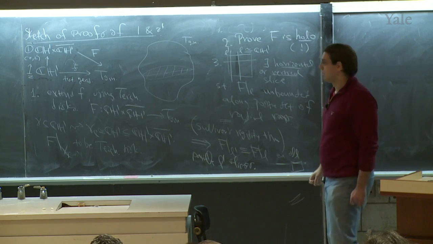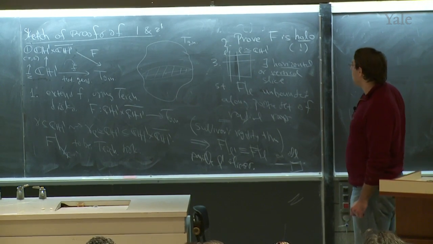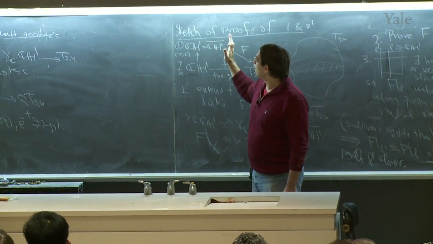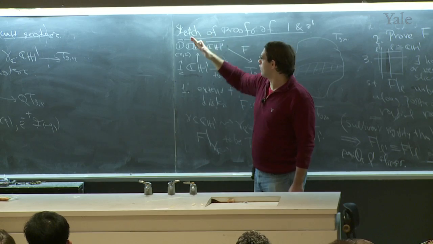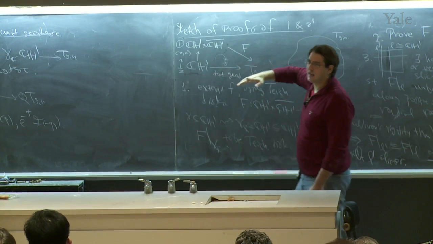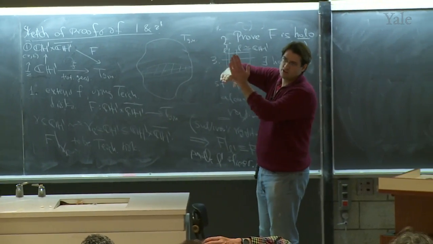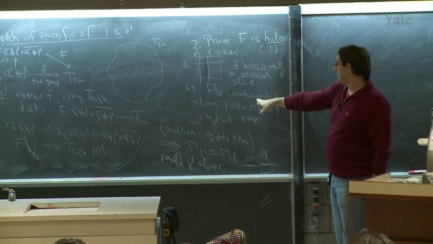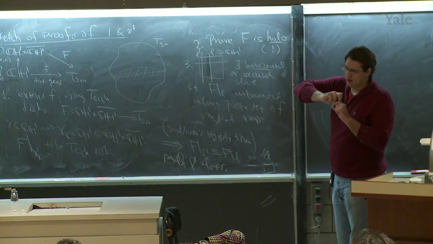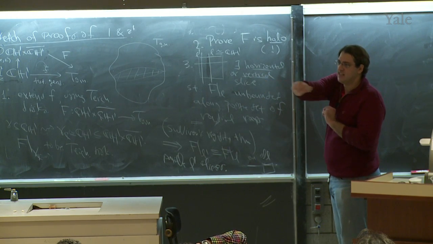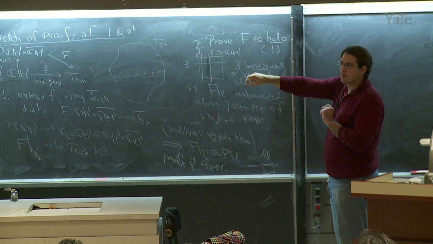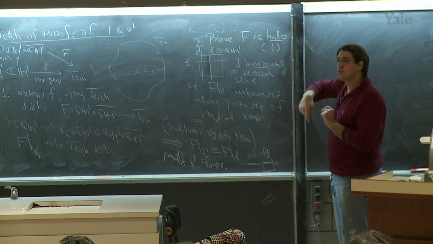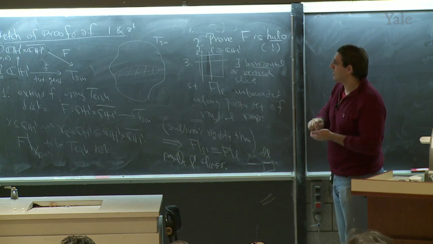Could you repeat what 3 says? It starts with, well, we have this product structure, and then we have these holomorphic slices, the vertical and the horizontal ones. And I claim that either some vertical or some horizontal one has the property that when F is restricted to them, it is unbounded along a set of radial rays of positive measure. Now, why is that? That's non-trivial. In fact, it has to do with the fact that